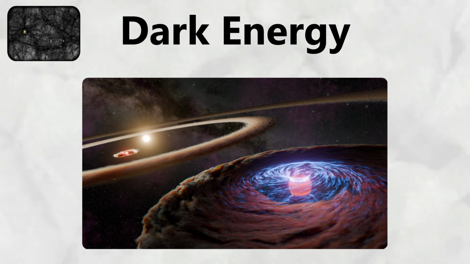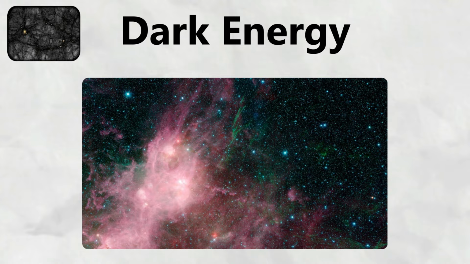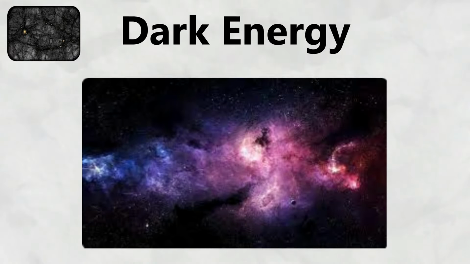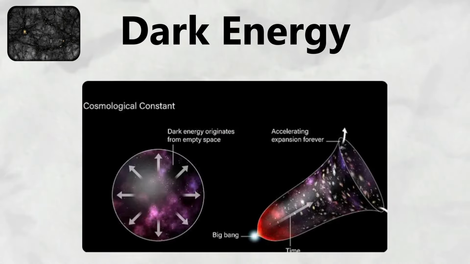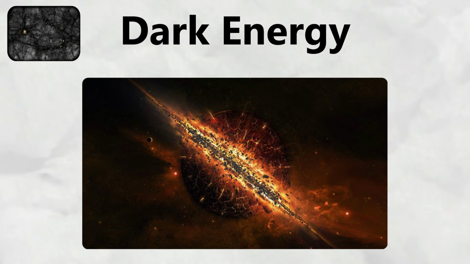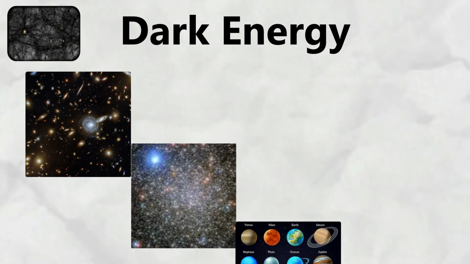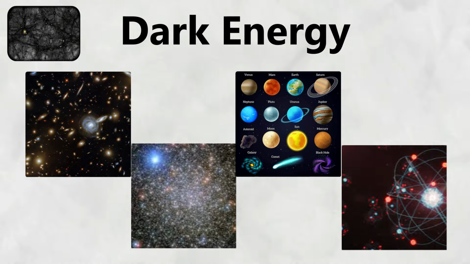The ultimate fate of the universe depends on dark energy's behavior. If dark energy remains constant, the universe will continue expanding and cooling forever, with stars eventually burning out and leaving behind a cold, dark cosmos. If dark energy grows stronger over time, it could lead to a Big Rip scenario where the accelerating expansion eventually tears apart galaxies, stars, planets, and even atoms themselves.